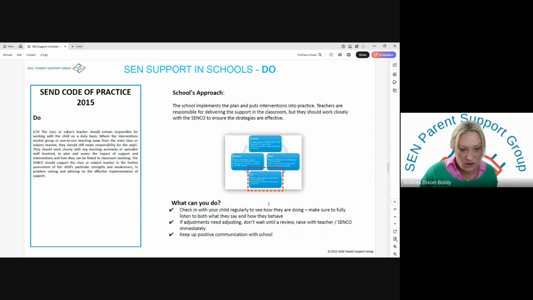Do check in with your child regularly to see how they are doing and make sure to fully listen to both what they say and how they behave. Actions do speak louder than words. If there is an improvement and their needs are being met, fantastic. If there isn't, then you need to be documenting what it is that your child is returning back to communicate, what it is about their